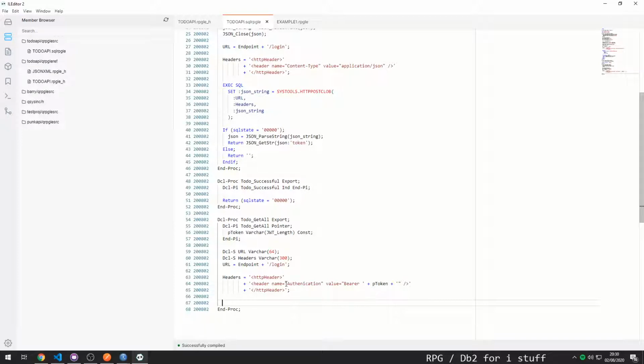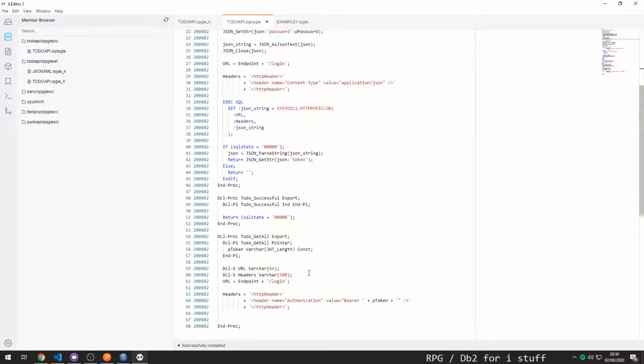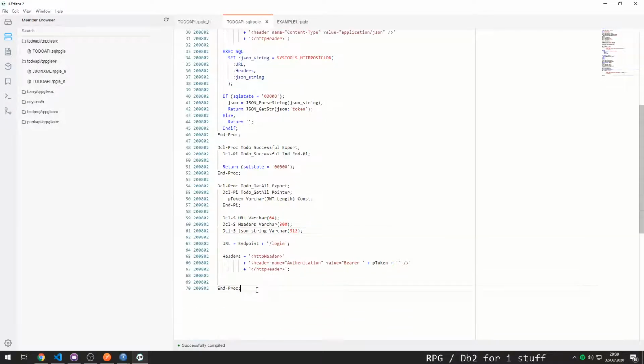And then pretty straightforward, I think. So we do need a JSON string variable. Let's create that too. Get rid of that line. And then all we're going to do is say exec SQL set JSON string equals